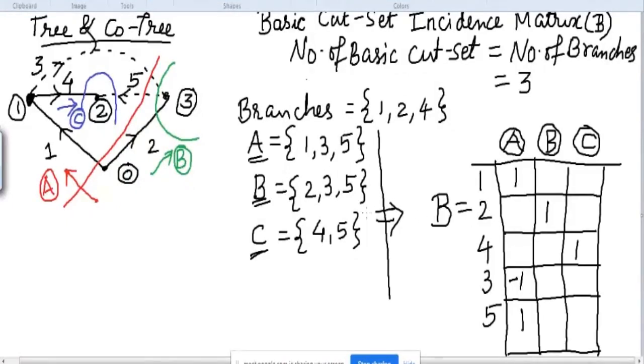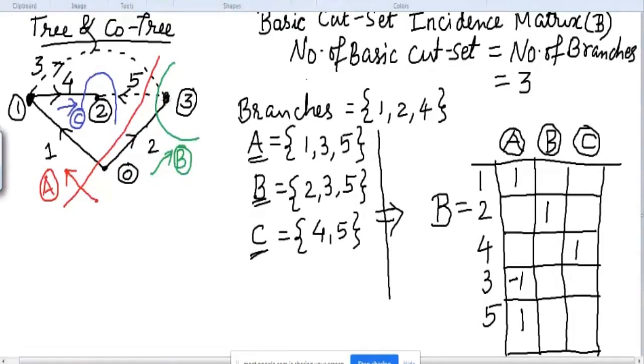Then we need to focus on B. So B, it's very simple. For the B we have 2, 3 and 5, and you can see that 2, 3 and 5 are having this node number 3 as common point in between these three elements. So as the 2, 3, 5 are having this node 3 as common, we need to check the common point